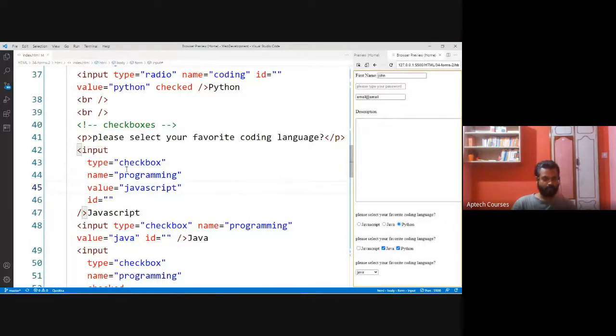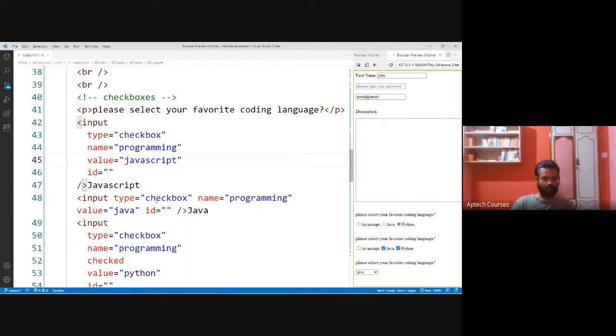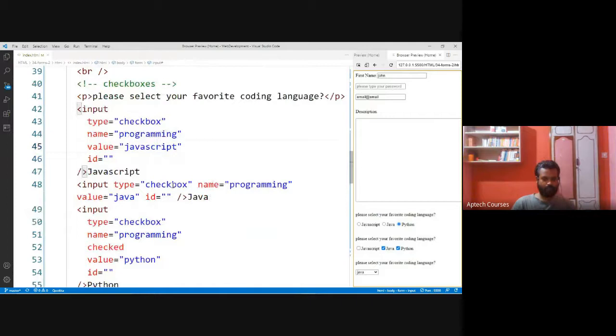First we have JavaScript. Then once again another checkbox. Name is programming. Carefully observe, the name remains the same. All this comes under one group of checkboxes.